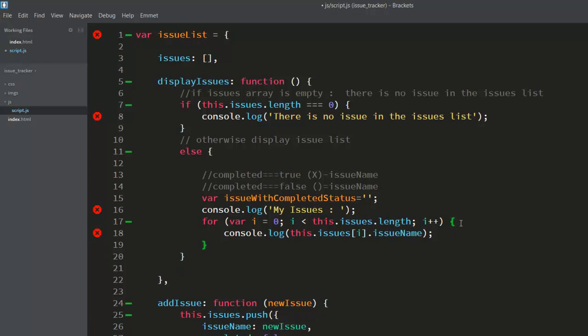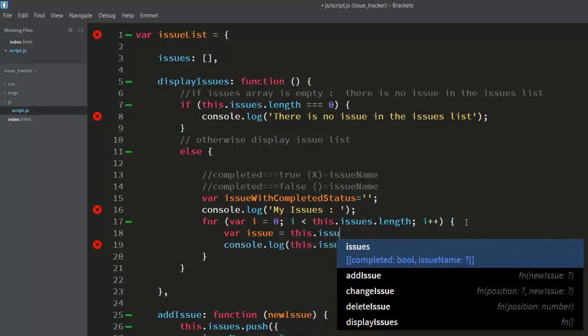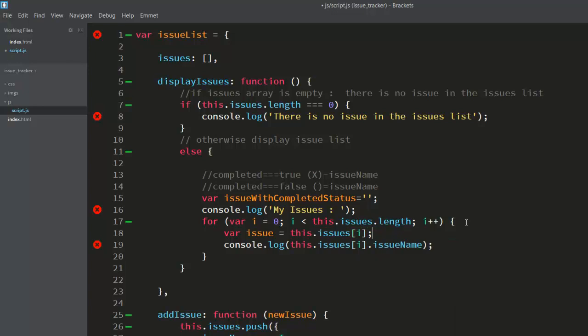Then you will be checking each and every issue. You are not checking only one issue, but you will be checking each issue, whether it is completed or not completed. So you will have to keep it inside the for loop. And what you will be doing in this case, you can take one issue at a time and do the operation on it. So this dot issues, and then this is how you are taking one issue at a time.